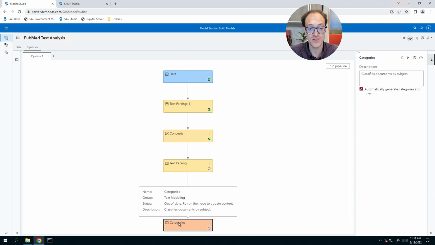Additionally, we have the categories node that I mentioned, which creates Boolean rules based on a category variable, or allows you to write your own Boolean rules and output them as scores to determine whether or not documents match a certain category. As an example, if we wanted to continue this workshop, and we don't have time in this session, we could create category rules to identify abstracts, or in this case, literature documents, that are directly related to negative effects from Zantac or ranitidine.